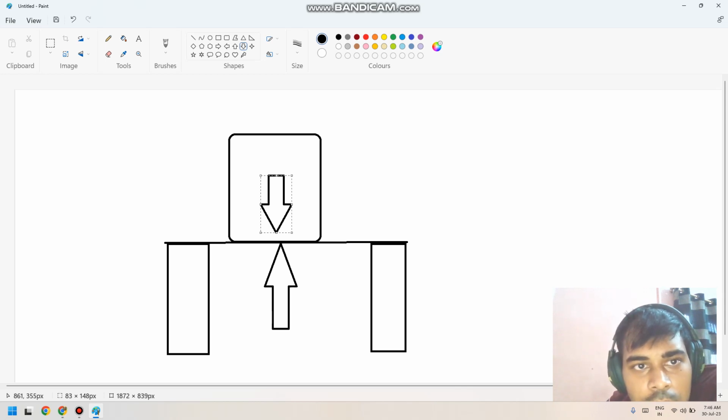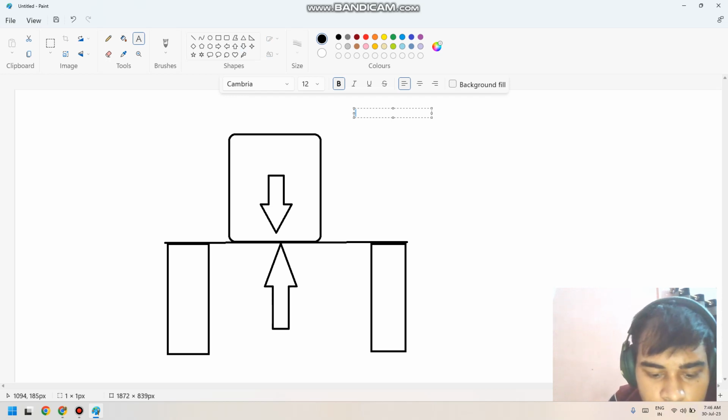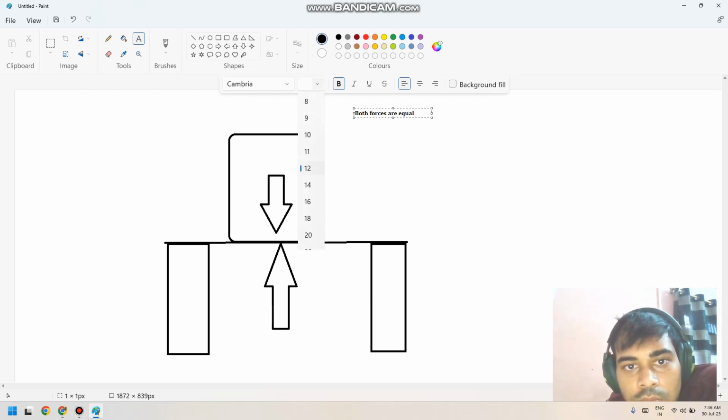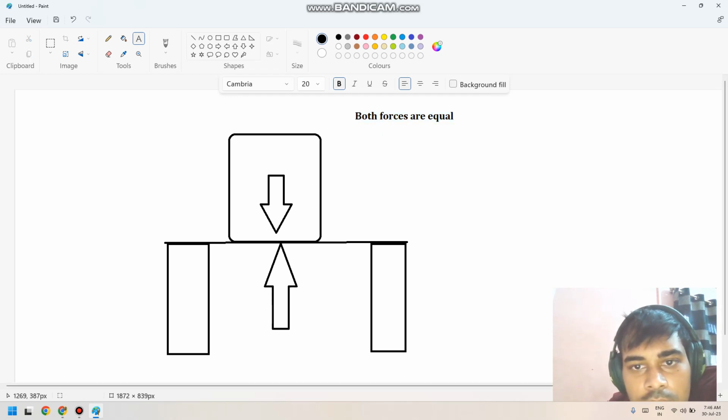If this block is not moving, this means both forces are equal. Okay, did you get it? It is in equilibrium. Total force acting on it must be,